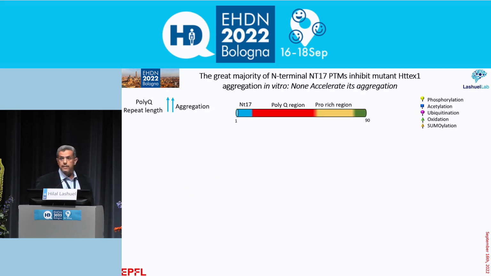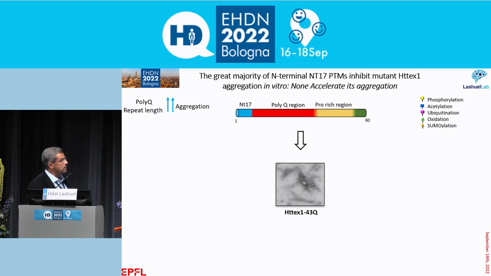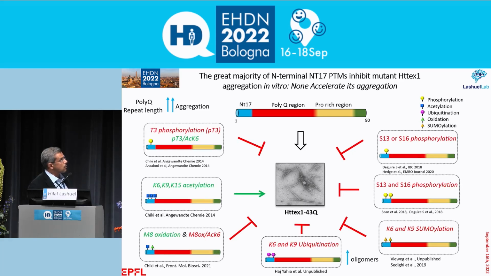So at the level of exon 1, we know there is a direct correlation between the polyQ repeat length and exon 1 aggregation. We also know, from studies that we have done in our lab and summarized here, that all the post-translational modifications in exon 1 either have no effect or inhibit the aggregation of the protein, with the exception of ubiquitination, which seems to promote oligomerization. And we know from in vivo studies that modifications that inhibit exon 1 aggregation result in a protective effect in animals. So at the level of exon 1, the effect we see in this sequence seems to be predictive of what we see in the models.